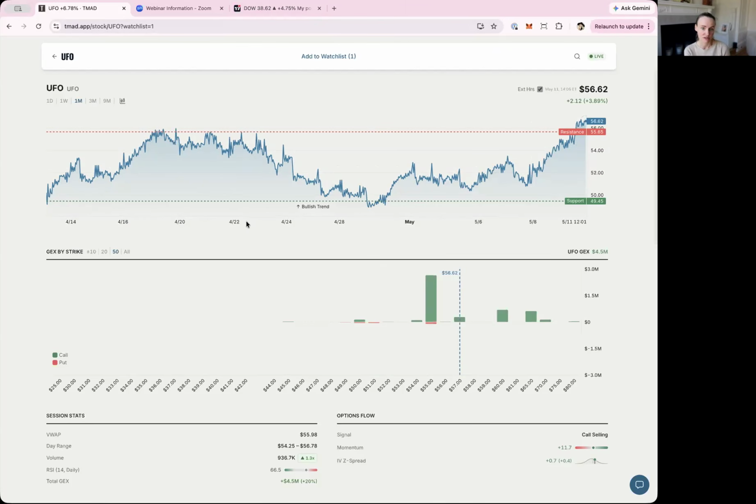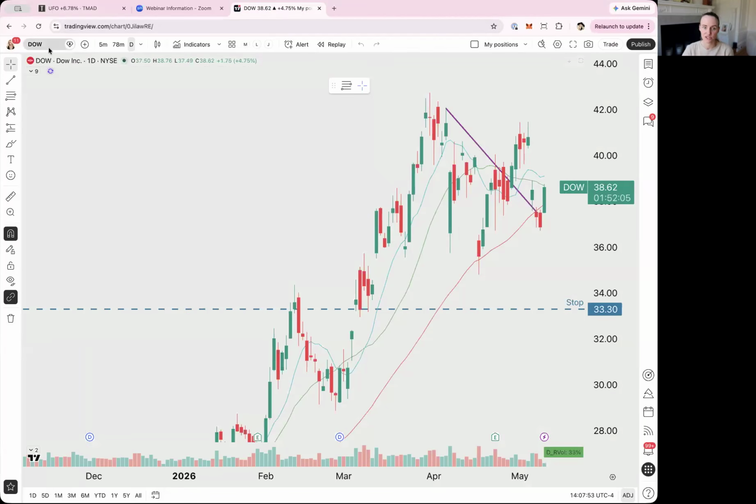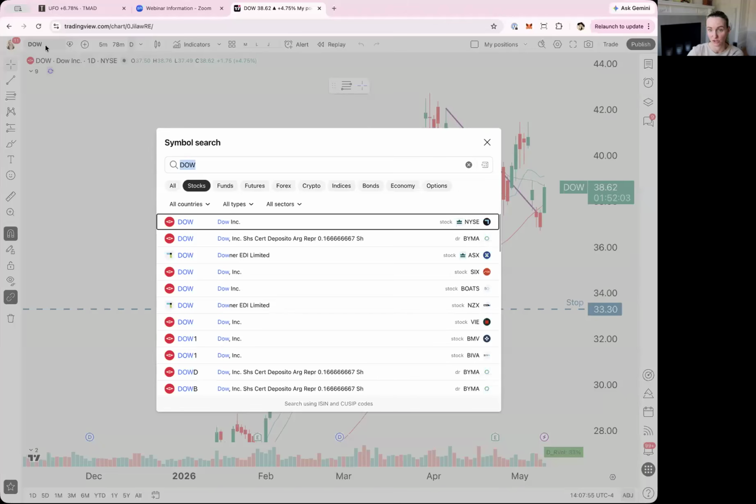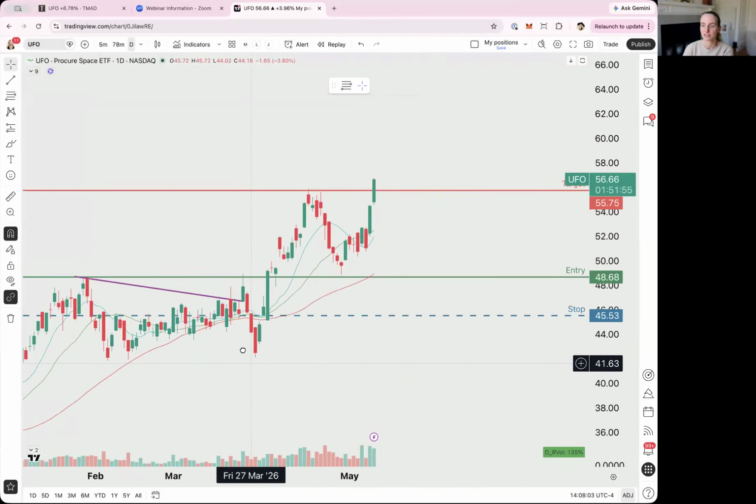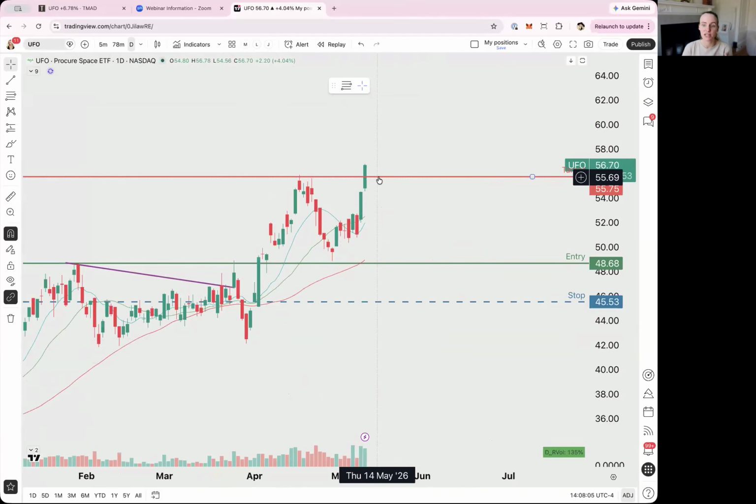You do $2 or $3 stop, right? Around that range. Some people are more aggressive. They give more stop. Some people have a 10% stop. It depends. So you can play just with this app. You don't really need to have TradingView. If you want to be very precise, you go to TradingView or whatever broker you use. You can have charting software anywhere. I'm not suggesting only TradingView. I use it, but you click in UFO and you see that was our previous target, which is now again